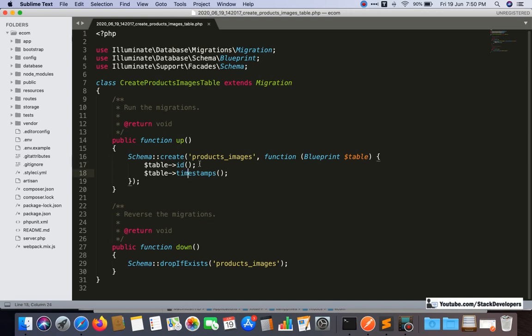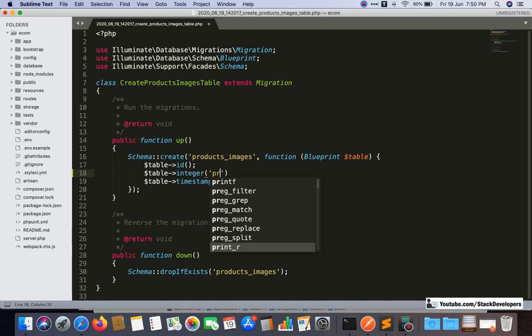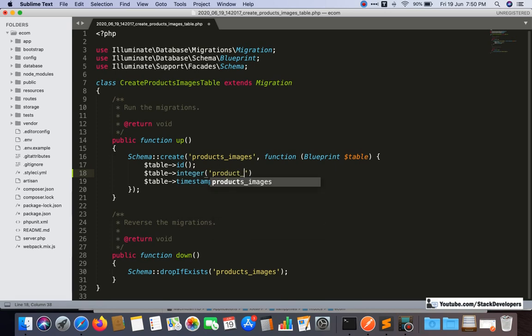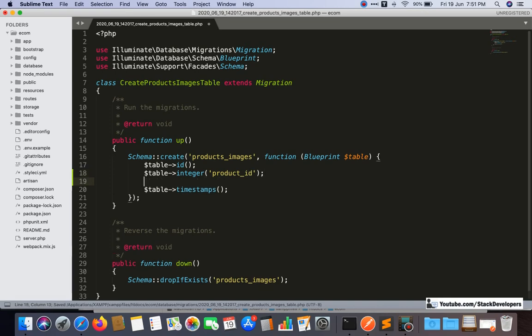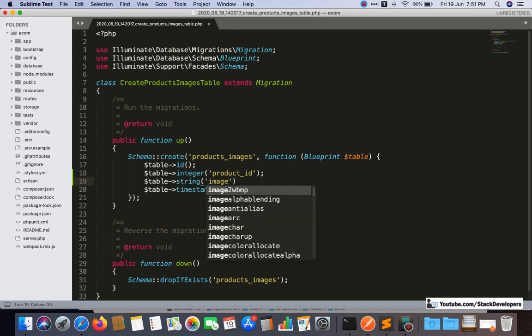ID and timestamps already come automatically. We are going to add an integer type for product ID. Other than product ID, we are going to add a string for the image that we are going to save.